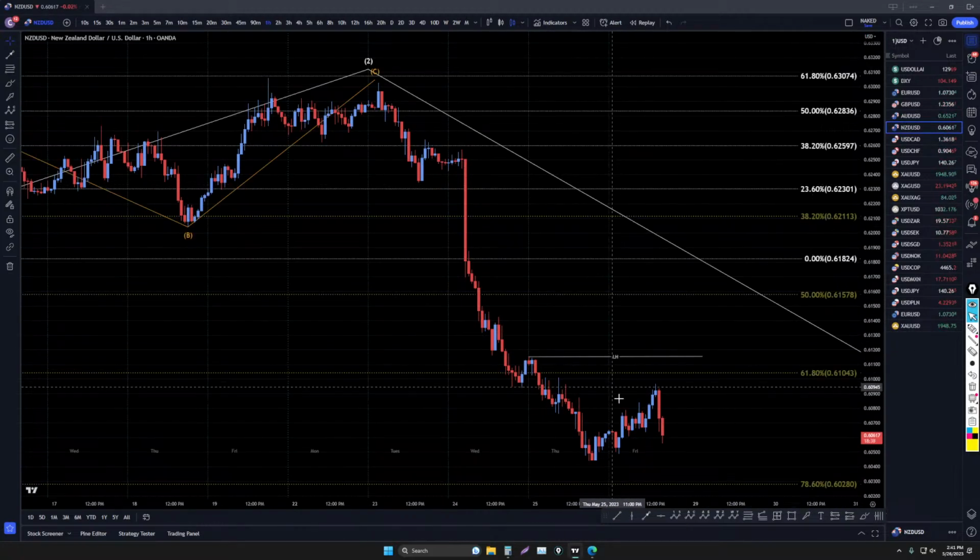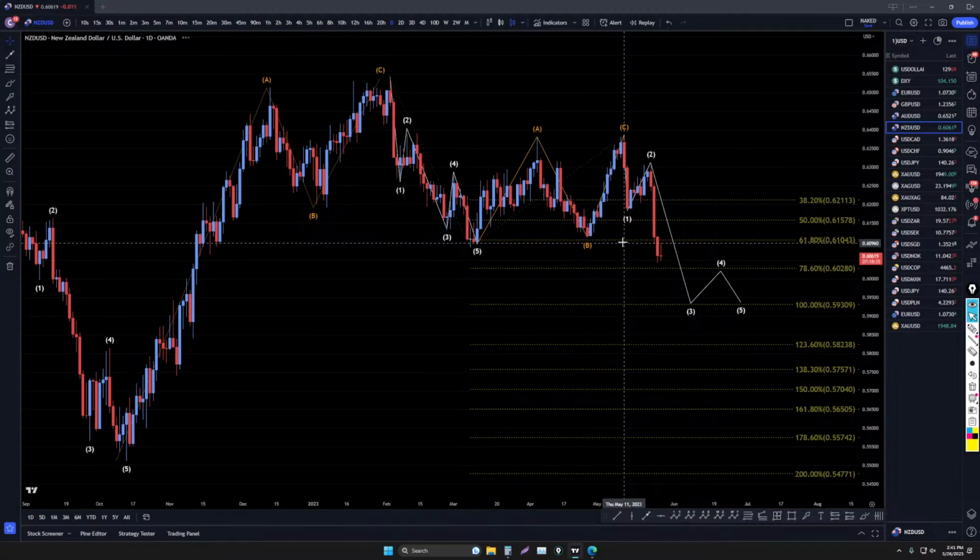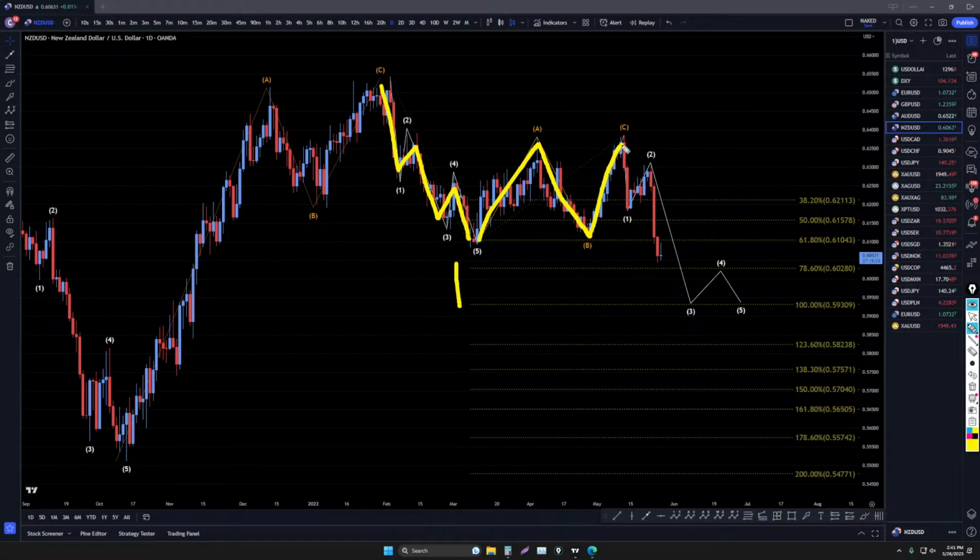Let's keep going down. Now the Kiwi looks like it could definitely go down and make a new low. The Kiwi is very similar to the Aussie, except the Kiwi is a little weaker to the downside right now. Looks like a 1, 2, 3, 4, 5 of 1. Looks like an A, B, C, like a 2. And it looks like a 1, 2, and we're in like a 3. Eventually it's going to make a 4 and a 5. So this definitely could be a 1, 2, 3, or it could be an A, B, C. We don't really know for sure, but luckily it doesn't matter to us at this point.